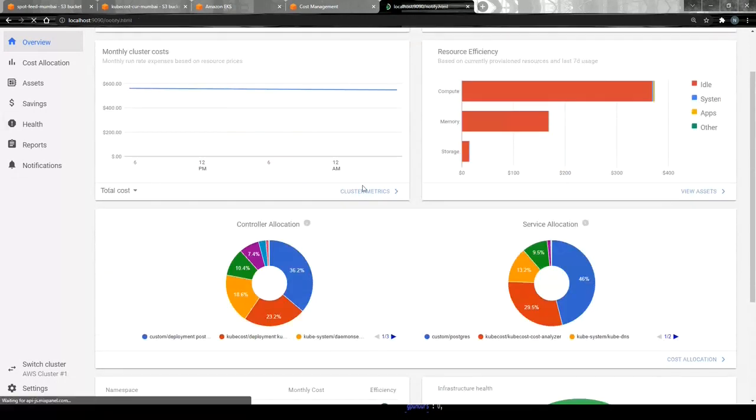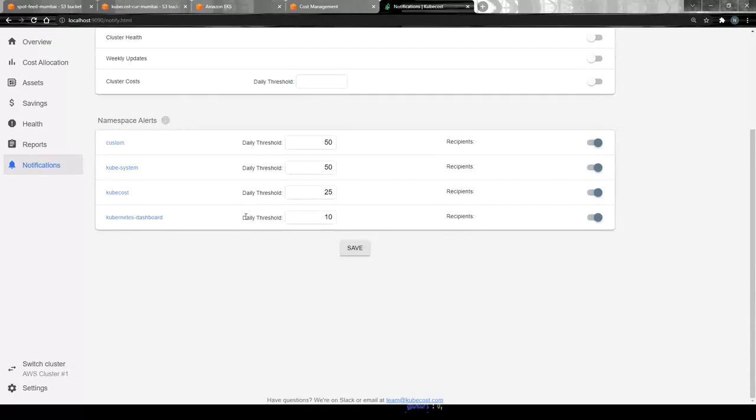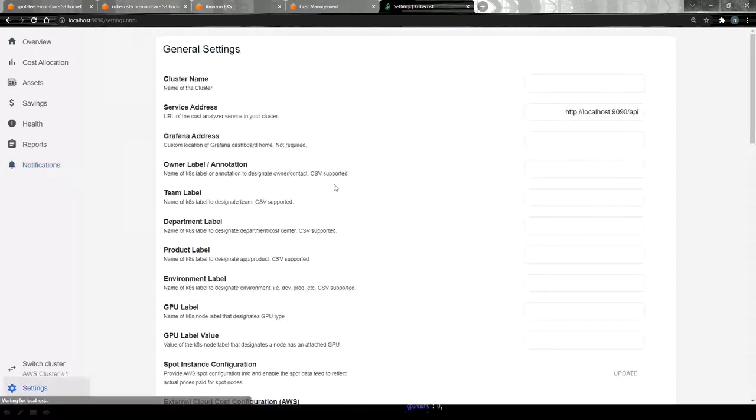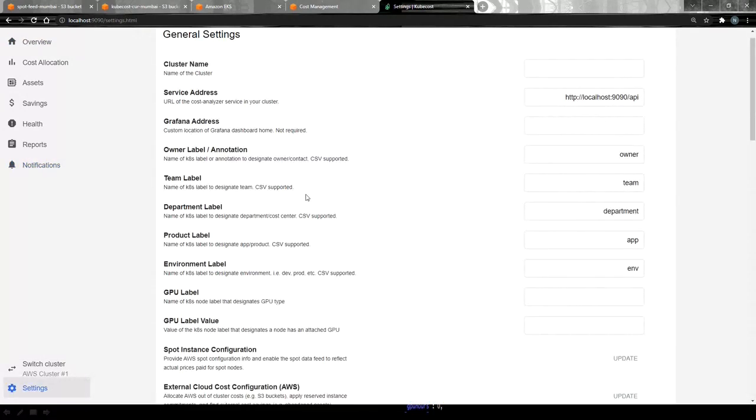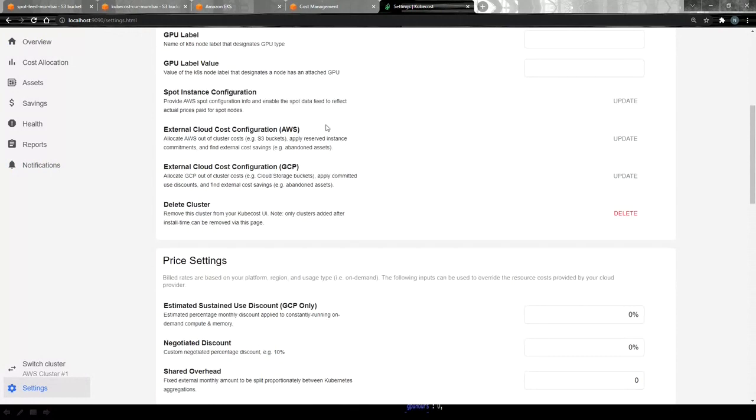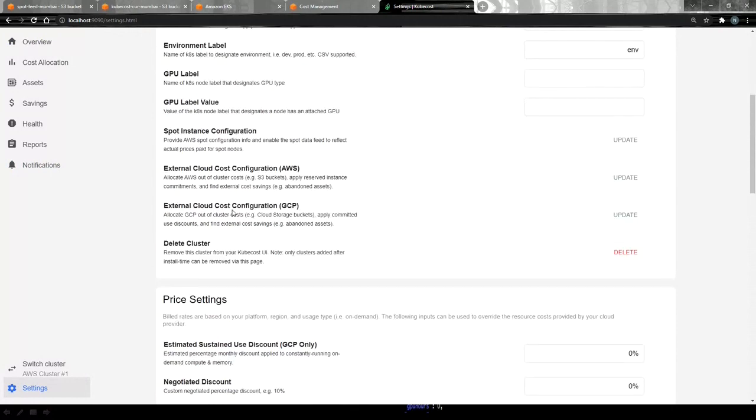Okay, let me go ahead with the notification section. Here you can see that I have provided budgets for each and every namespace, and I have also added the email and the Slack channel list. Then there is the settings section, where you can use this template for multiple cloud providers.